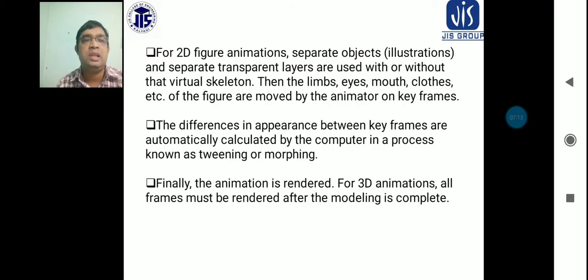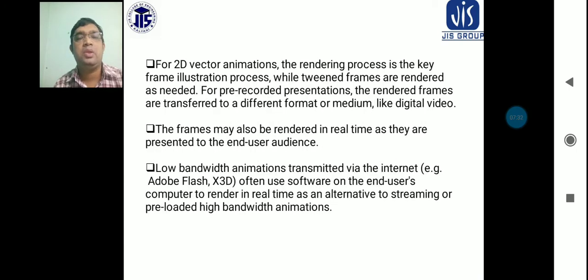Finally, the animation is rendered. For 3D animations, all frames must be rendered after the modeling is completed. For 2D vector animations, the keyframe is considered in the rendering process,